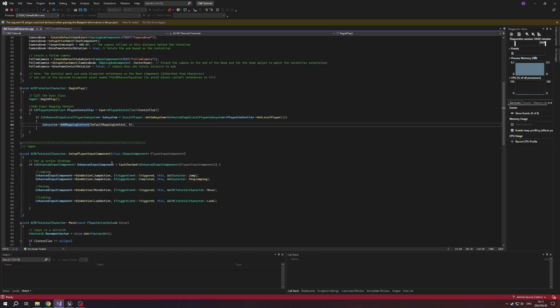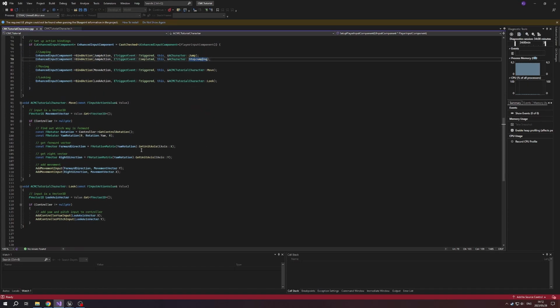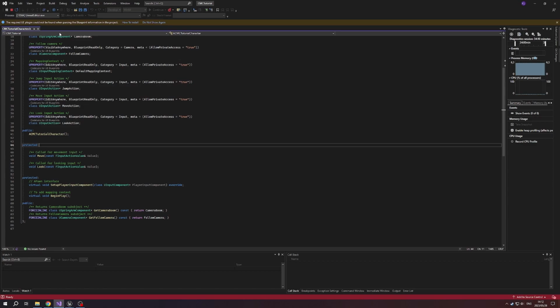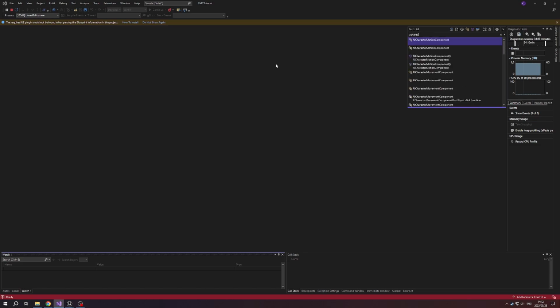You've maybe seen an example of that in the blueprints. And of course, then you would bind all the actions to your corresponding function in C++ over here. But we're not here for the character at the moment. What we're here for, if you hit Control T and just look for UCharacterMovementComponent,